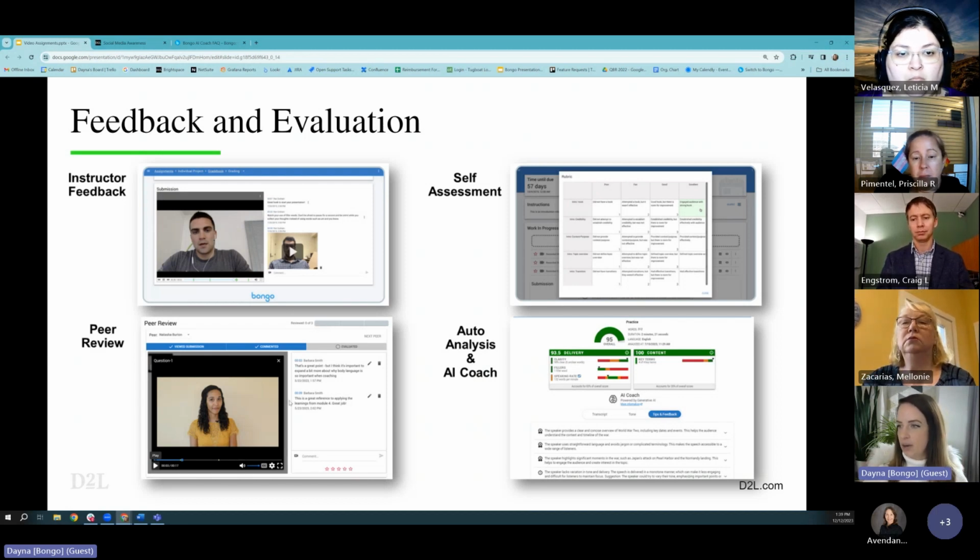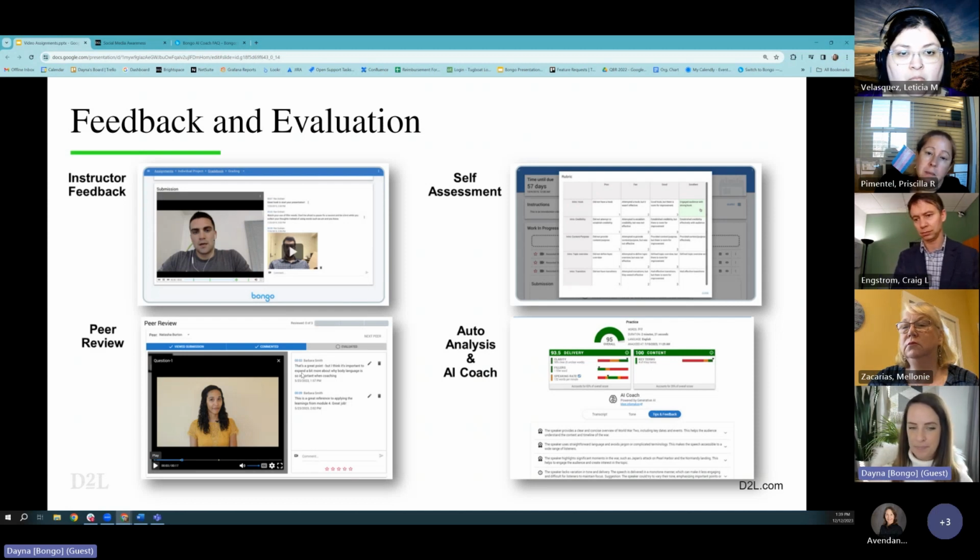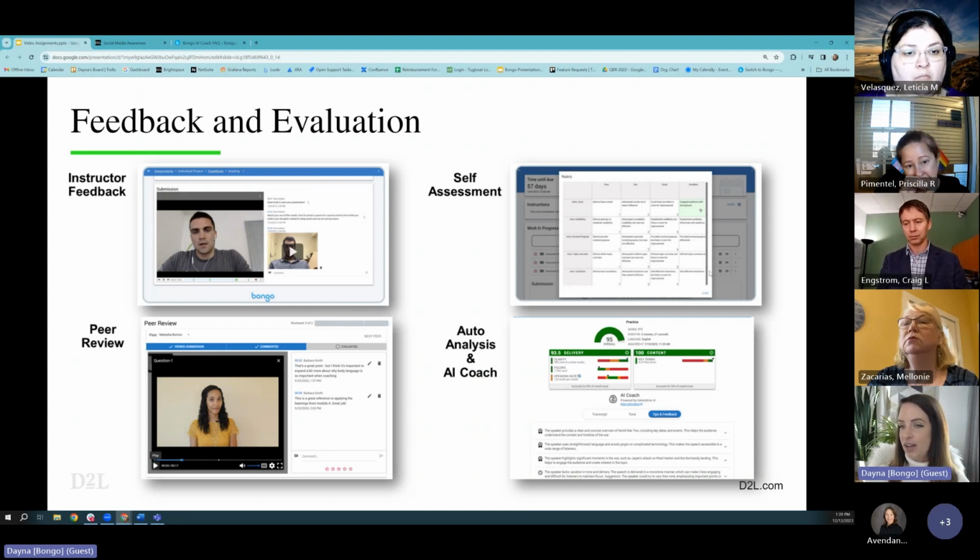Peer review, we have the same kind of workflow where peers can consume their fellow peers' videos and give timestamp feedback, which can be either anonymous, in which case it would be text-based only, or you can have the camera as well and they can provide that feedback. A lesser known feature, but a really powerful one for those that use it, is self-assessment. So you also have the option that once they've submitted their video, they're required to fill out the rubric as well on themselves,